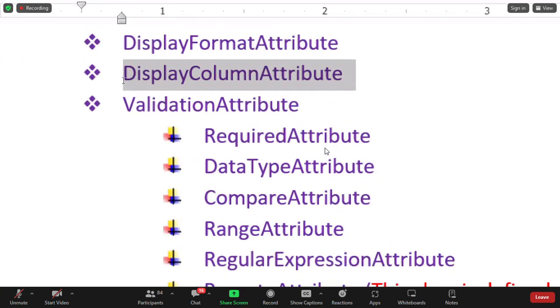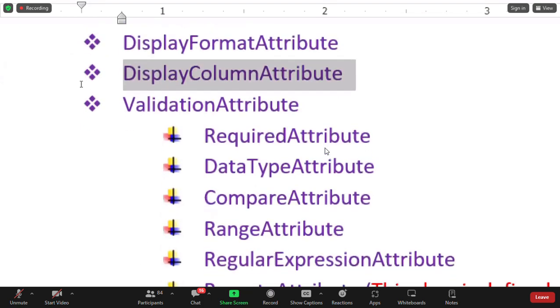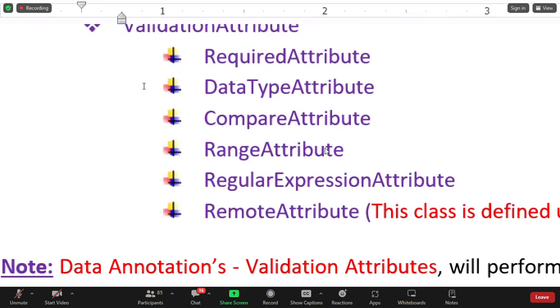These are actually used for data validations. These two are not for data validations, man. These are only for displaying the text. Validations are this one. And see, all these are the validations. First one,